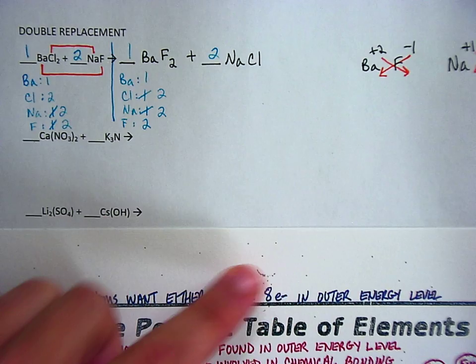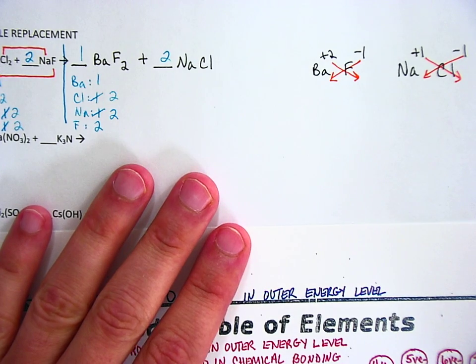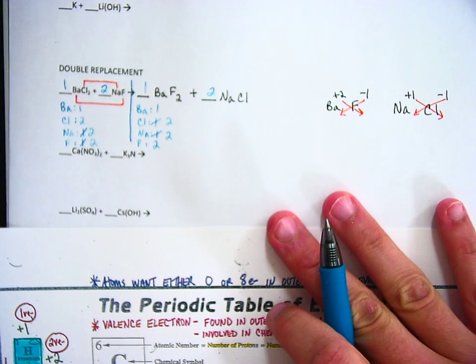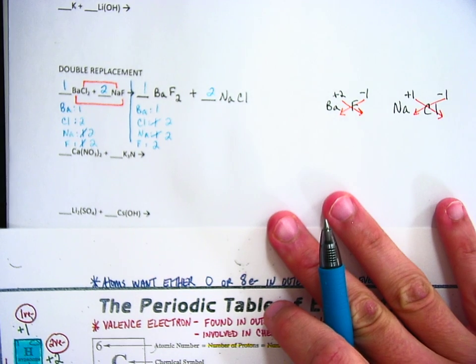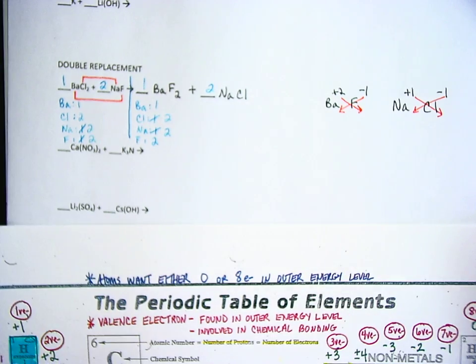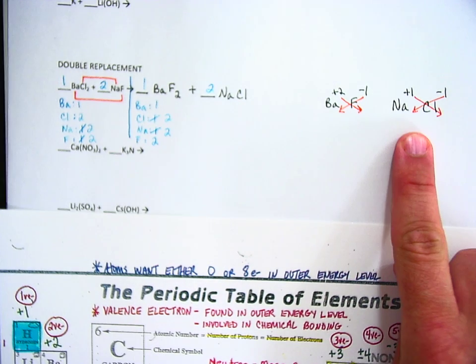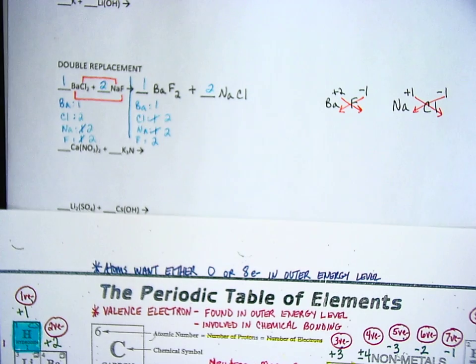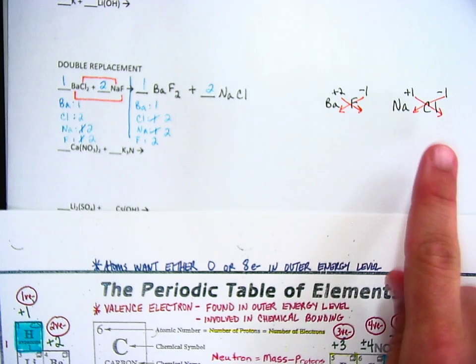So there you go. So there is an example on how to predict the products and balance a double replacement. And I apologize if this was off screen. Alright, but there's the work so you can see how I got NaCl. Same process. Look up the charges, crisscross them down,